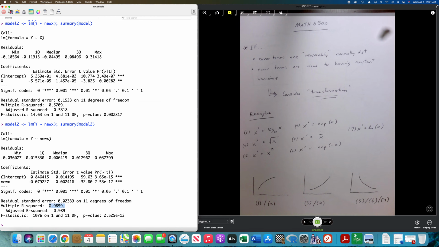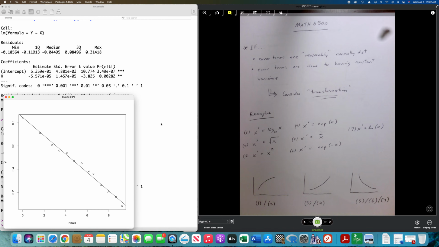And when we implement the transformation, about 99% of the variation in y is explained by the regression on this new x. Now, let's look at the plot between the new x and y, and let's include the abline. And you can see we get an impressive